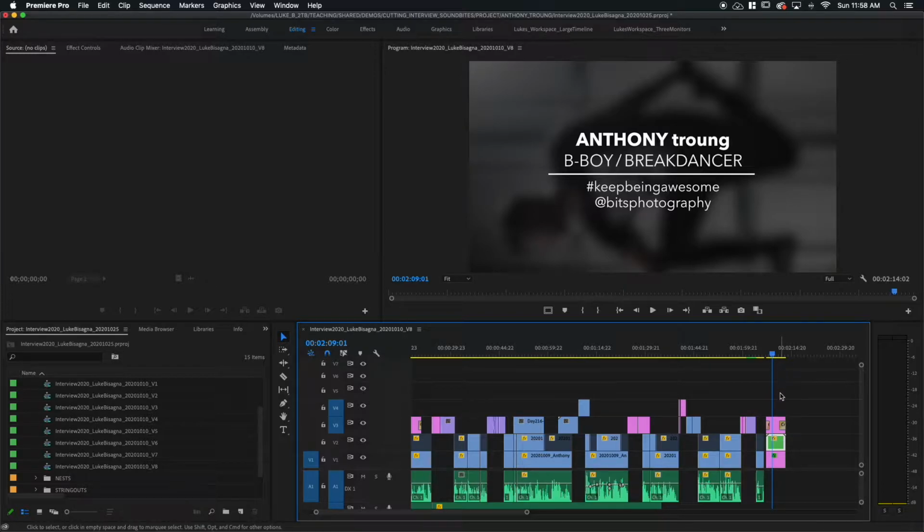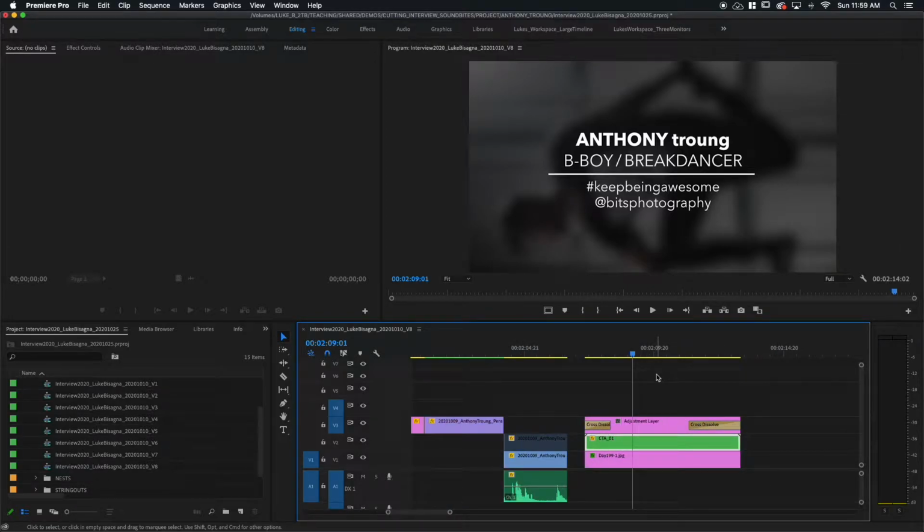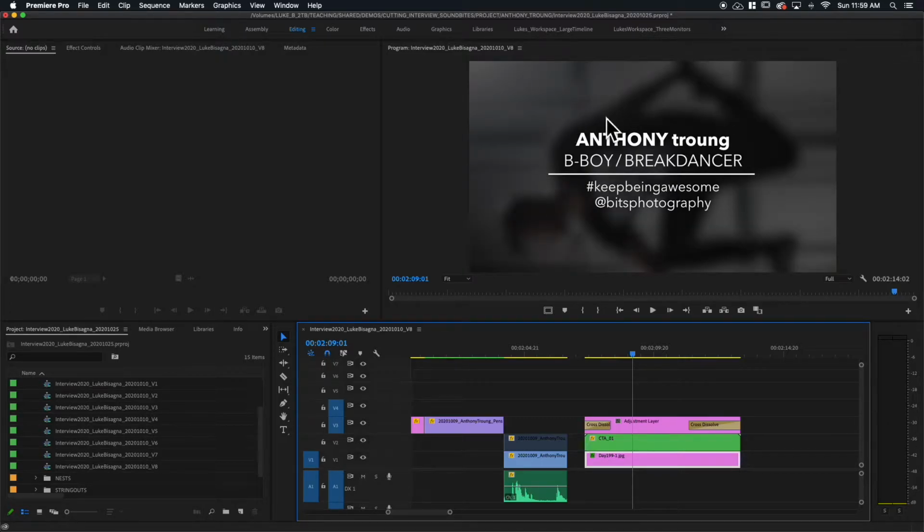So I'd like to break down the components of this so you can better understand what's going on here. I'm going to zoom in a bit, and you can see that we've got several layers here. Let's start at the bottom. That's the background, this blurred background that we constructed out of an image that we got from our interview subject. That helps the text to stand out. And I chose this particular image because I was able to blow it up and use his body as a darker background. Again, helping that text to stand out.